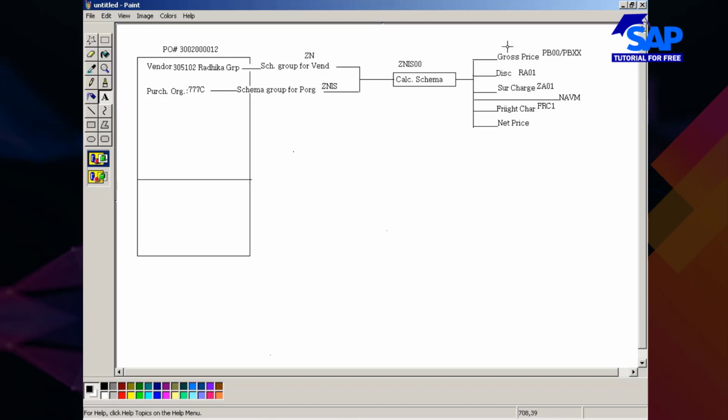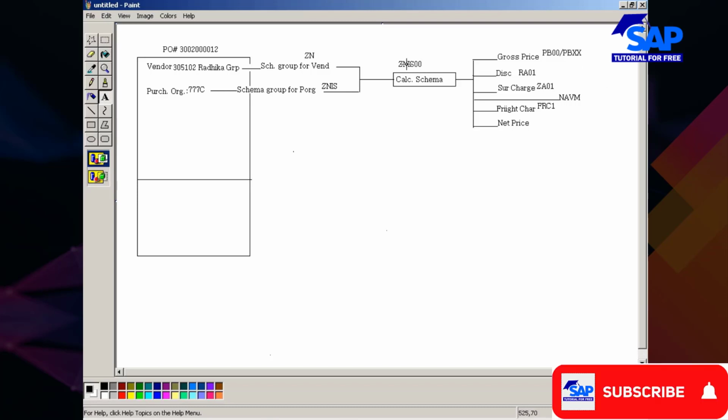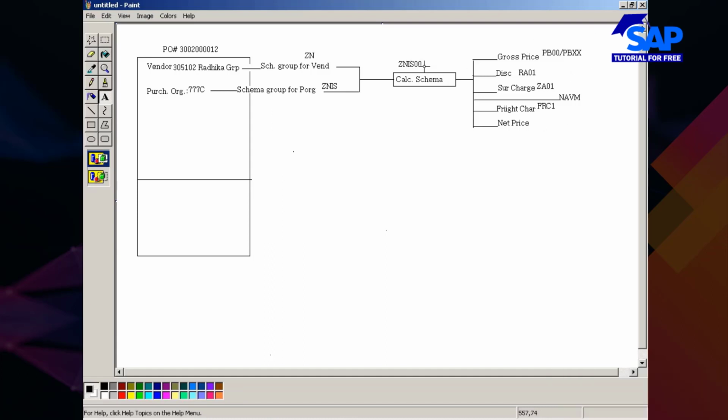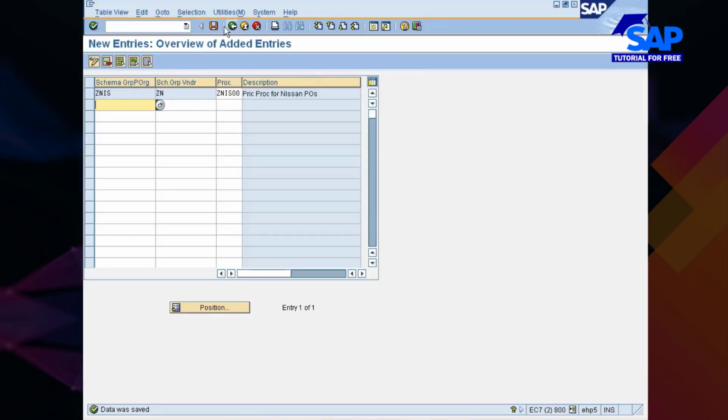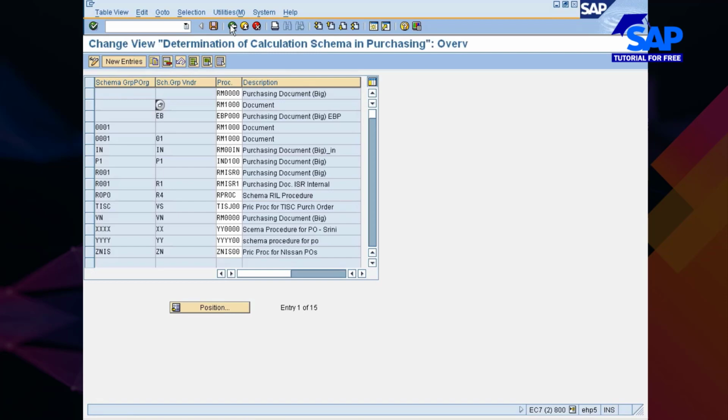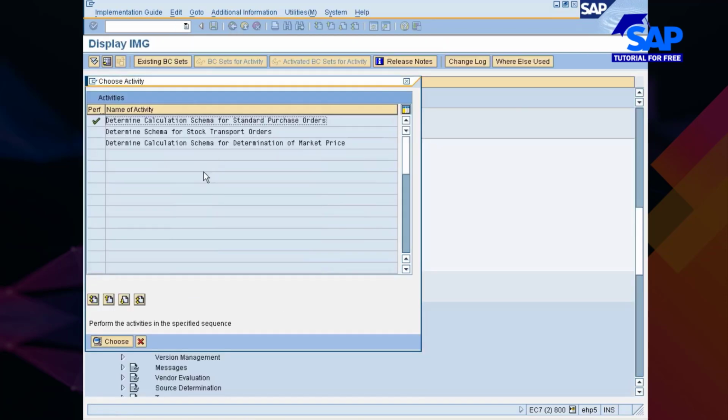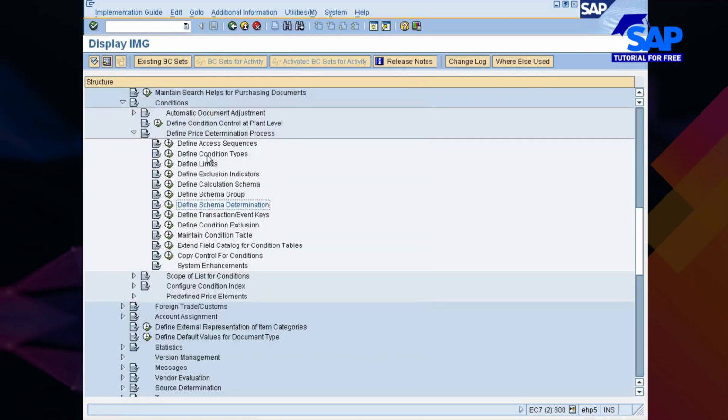Then how are these conditions tied up with this calculation schema? Are you getting my point? I'm going to that. You see here, after saving this, you just have to perform one more thing. Now you see here condition type.